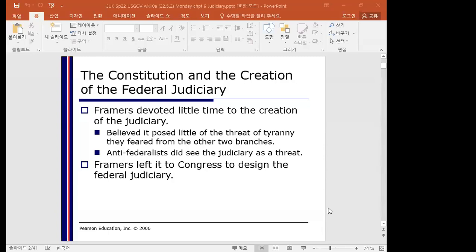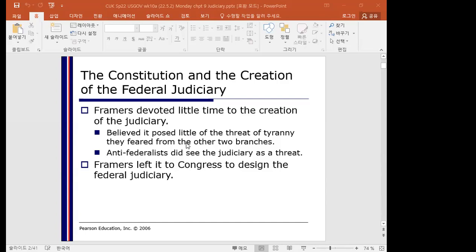So again, the Constitution was written 240 years ago. The Supreme Court is the only court that's explicitly referenced in the Constitution, the U.S. Supreme Court. The Constitution does give the Congress the power to create other courts. So the U.S. Congress can create and abolish courts. The framers devoted little time to the creation of the judiciary. They believed it posed little of the threat of tyranny that they feared from the executive and the legislative branch, right? Their focus was on